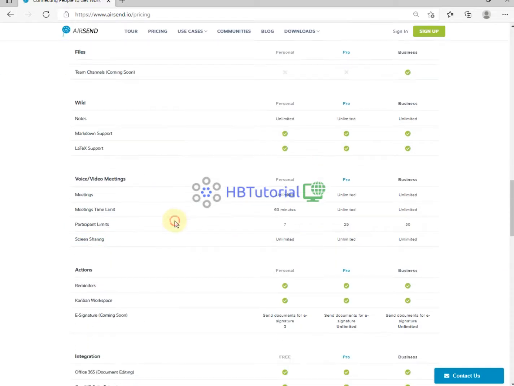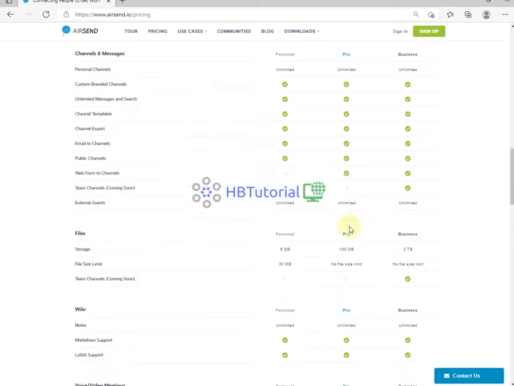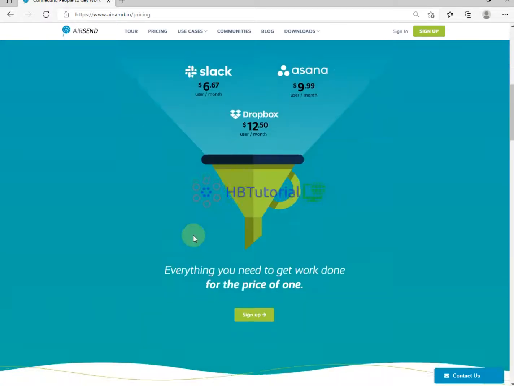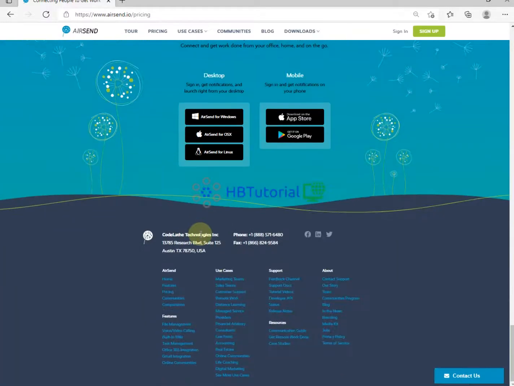Okay. So for the participants here, for the personal plan, you only have 7 participants and a 60 minute meeting. Okay. And for the Pro, you have 25 participants and unlimited minutes of meeting. And for the business, you have 50 participants and unlimited meeting minutes. Okay. So right now I will show you because I want to use this AirSend, and they have more,